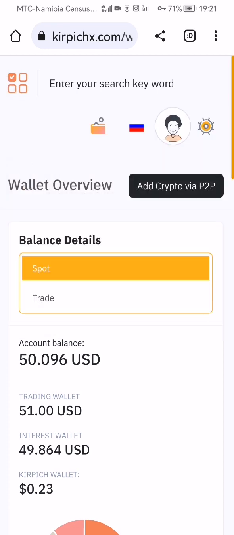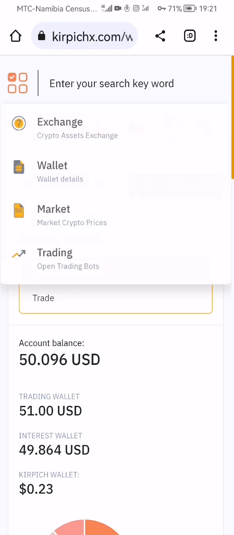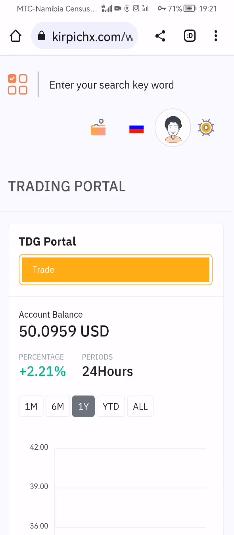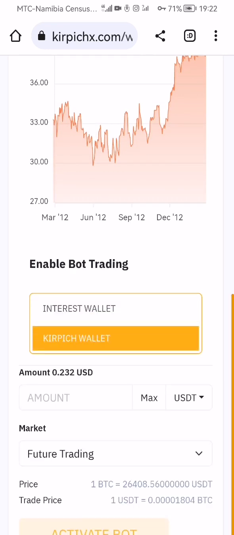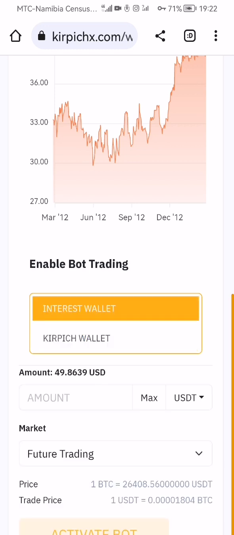As you can see, far to my left corner, I click there. Then I go on trading. Right, let it load. I'll go in trading. As you can see, account balance, that is the amount that is there. Now as you can see here, interest balance, Kirpich balance, and then I'll go with the amount that is there,